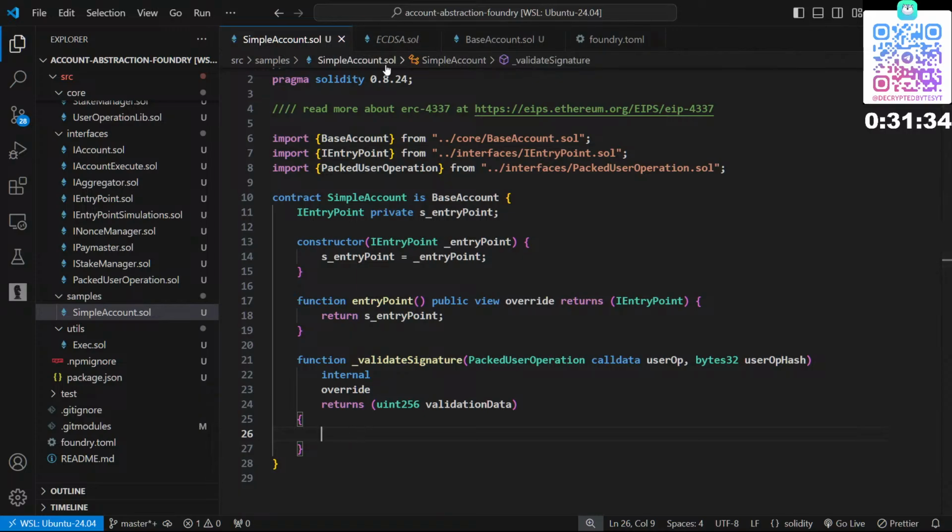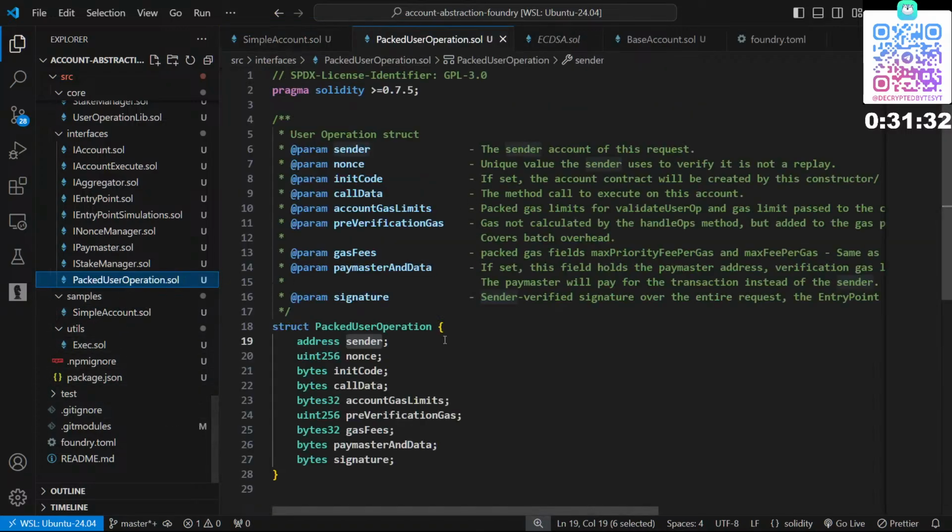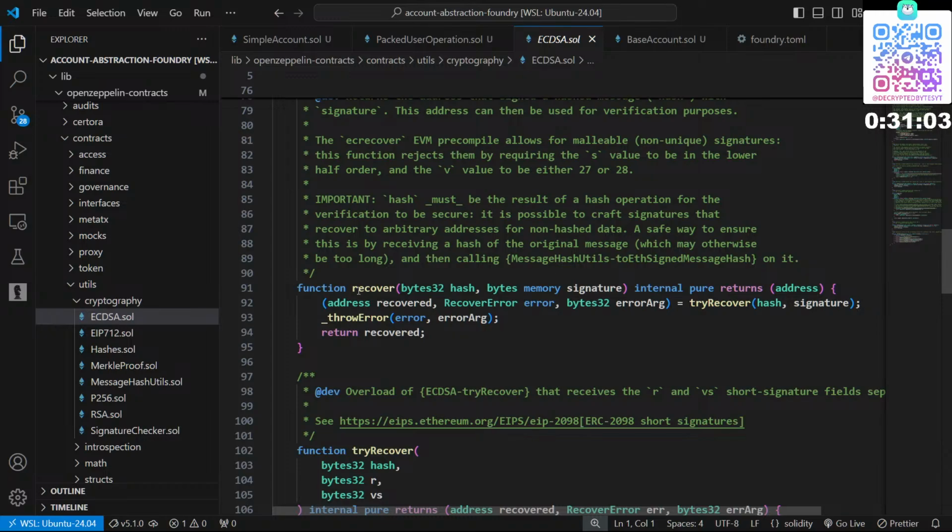The signature. One more thing here. In this signature field, we'll have the signature from the owner of the account contract, and we can check the address after recovering. You can see this recover function will return us an address which should be equal to the owner of the